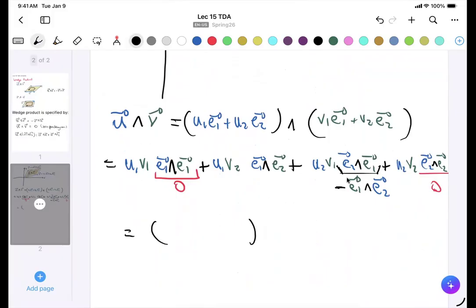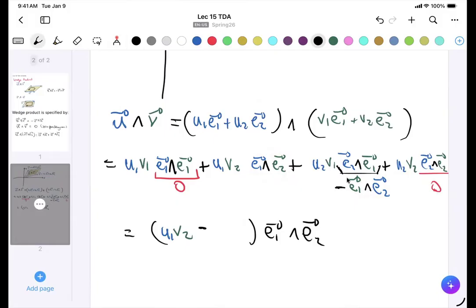But so what do you get here? If you notice, what are the things that survived? The E1 wedge E2. Oh, I'm sorry, it's the same. It's E1 wedge E2. So let me just put it in black, just because it's the same color. E1 wedge E2. And then what do you have inside the parentheses when you factor out the scalars? You get U1 V2